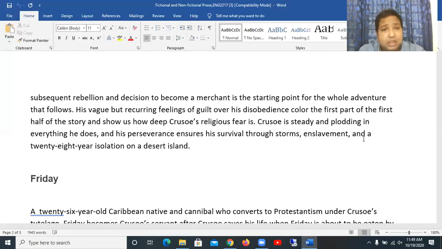in his life. His vague but recurring feeling of guilt over his disobedience colored the first part of the first half of the story and shows us how deep Crusoe's religious fear is. So when he was in Europe, he was reluctant to take advice from the parents. Not only that, he was not that religious also. So, like every man who is not practicing his own religion, our Crusoe, our hero, also became